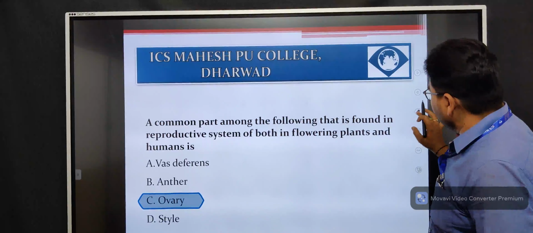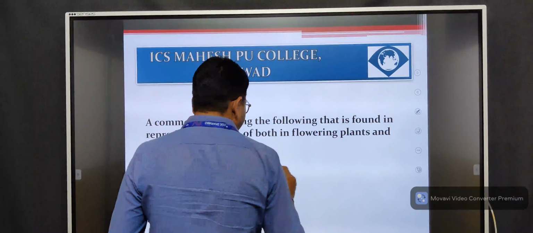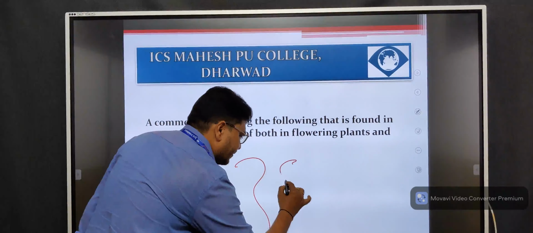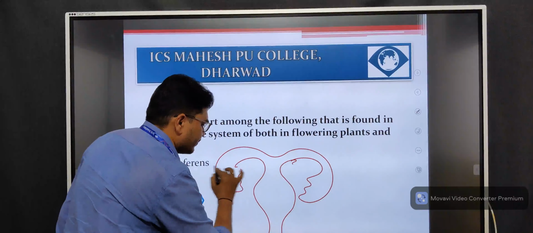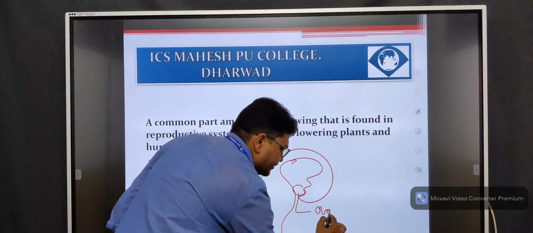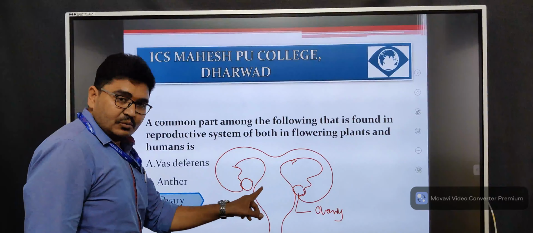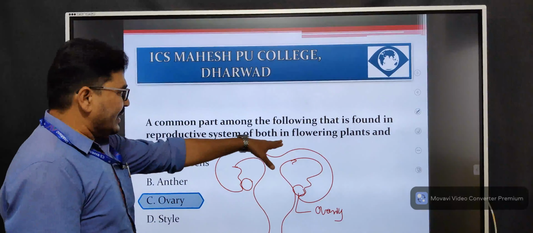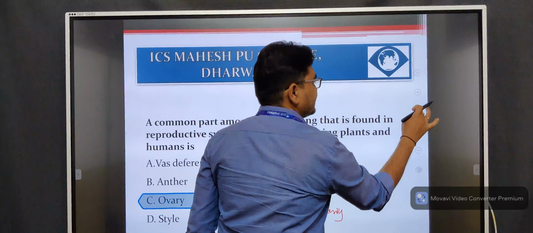Okay, if you try to find out the descriptive part for this question, I will explain here. Look, if we see the female reproductive structure part, what do we call this part? Ovary. Okay, what is the purpose of ovaries? To produce eggs. When it is a part of flowering plants, now if we look at the flowering plants part,